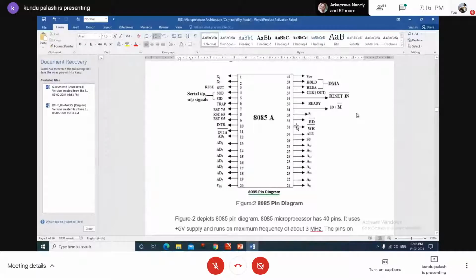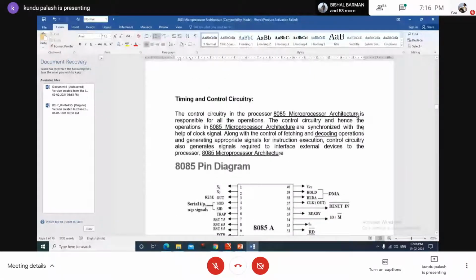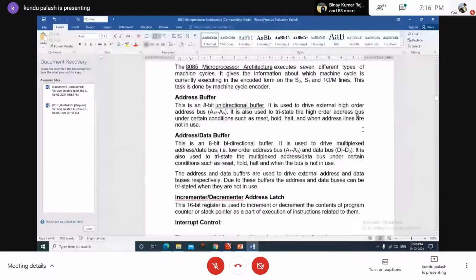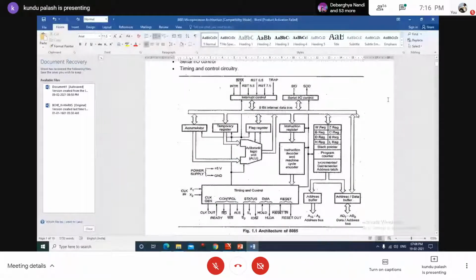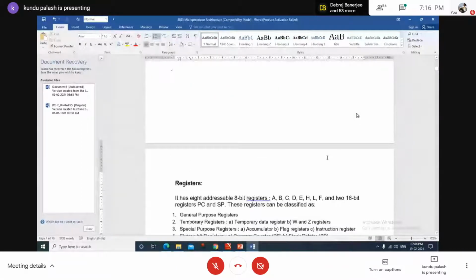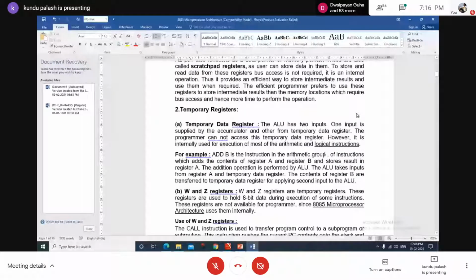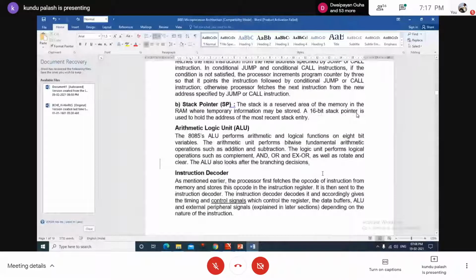because all the instructions and the programming will be done only when some amount of memory is allocated and the memory retains the instructions, not the microprocessor itself within its functional internal architecture. That's why we can see in the internal architecture the 8085 cannot include any memory. These are the storage elements, registers, not any memory. So it is essentially required that some amount of semiconductor memory must be interfaced with 8085